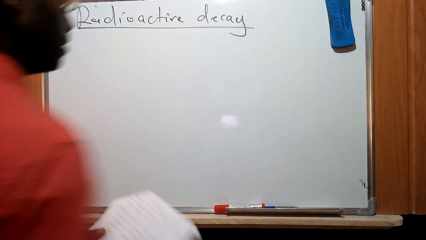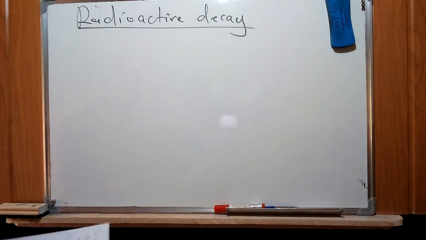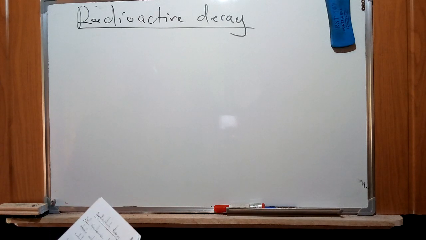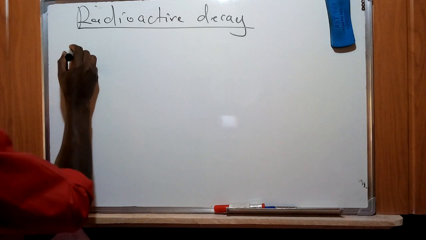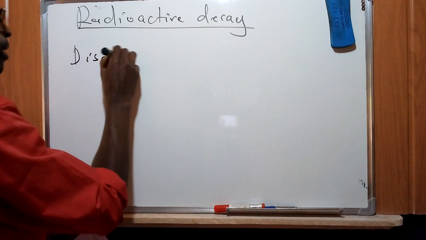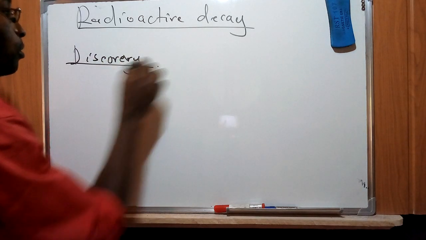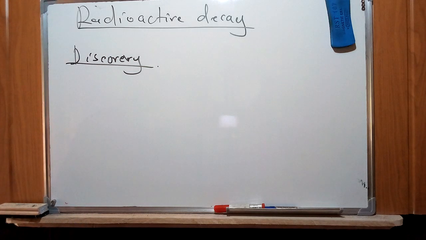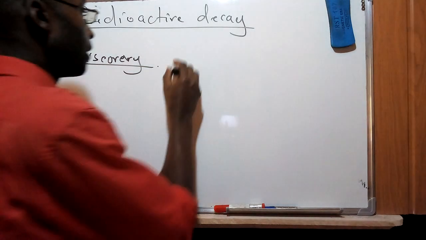A number of scientists came up with observations which were used to conclude on various aspects of radioactivity. In this timeline, there were various individuals who contributed heavily to this concept of radioactivity. The first one was